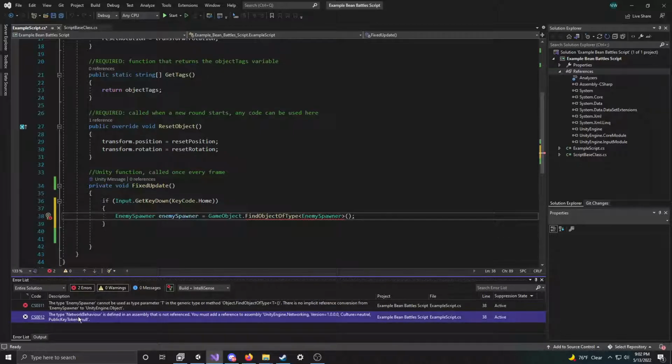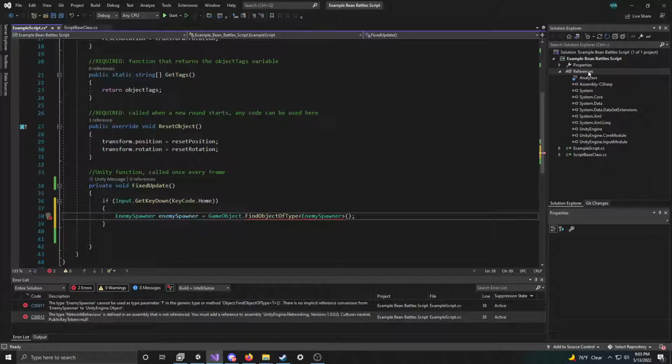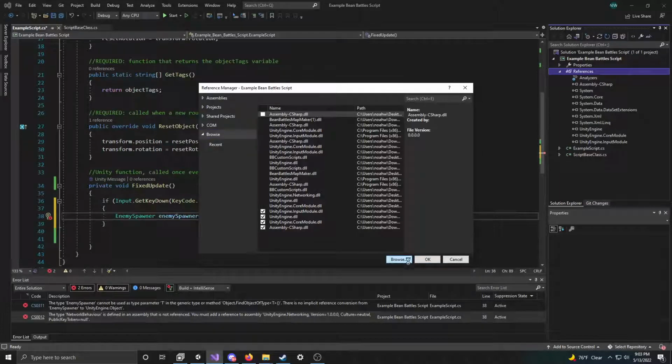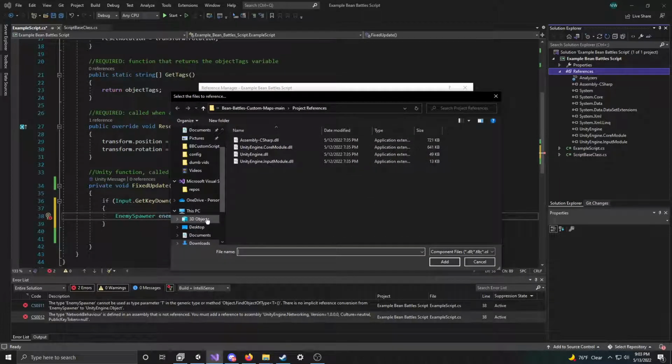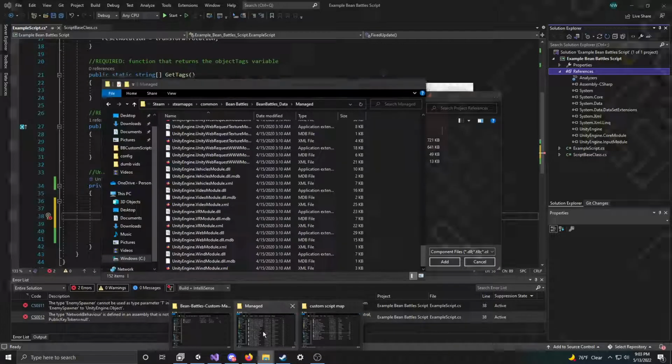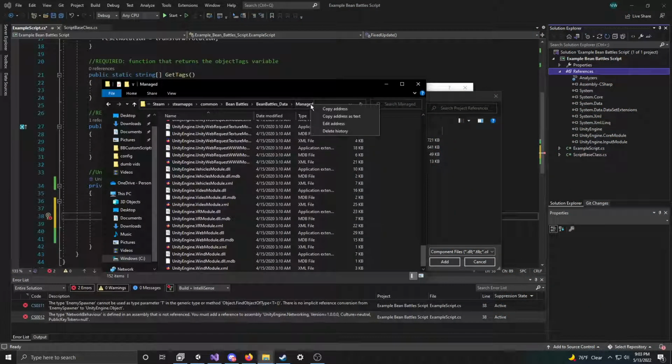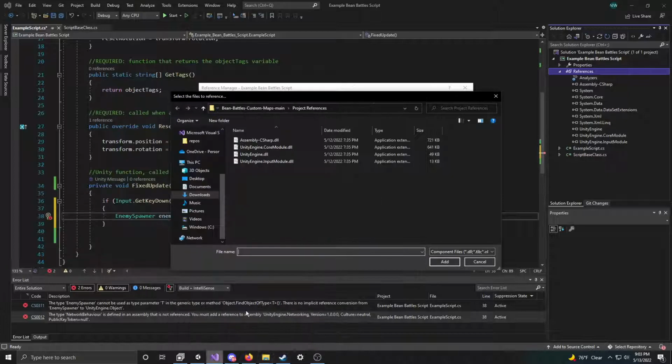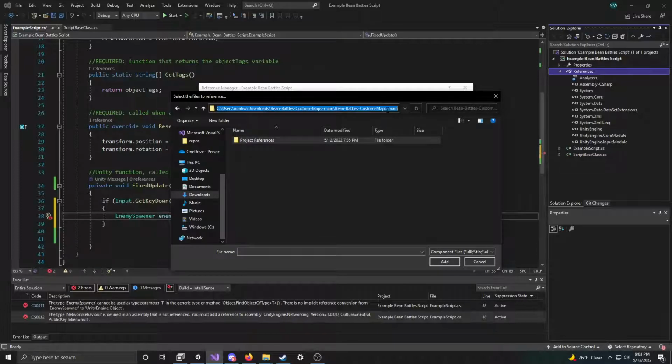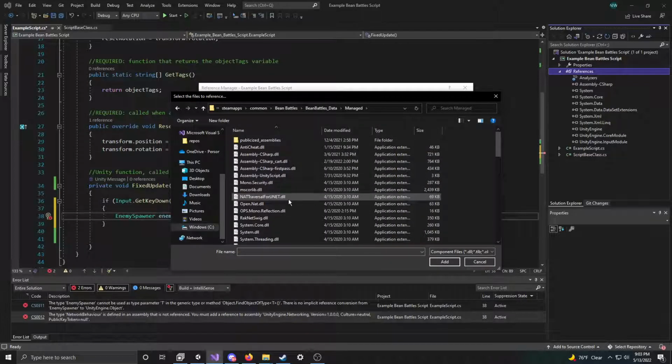Like I was talking about earlier, I am missing a reference to an assembly that we haven't included here. So I can go into References, Add Reference, Browse. You can navigate to your Bean Battles directory, which is what I would normally do. I'm going to do that here. You can just copy the address and paste it in here, and it'll take you directly to it,